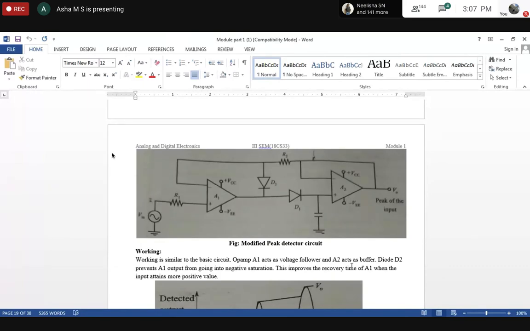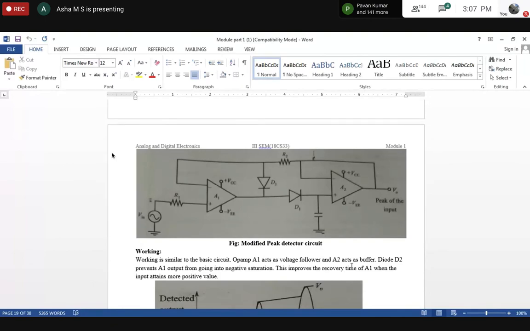So here, to that same base circuit, what is that extra thing that we have added? Here we have added one more op amp to the front of the simplified circuit, correct? So here, this op amp A1 is connected as a voltage follower. Ma'am, what do you mean by voltage follower? Whatever the voltage that you have at the input, the same thing you will have at the output. The output follows the input, is what the job of a voltage follower is.